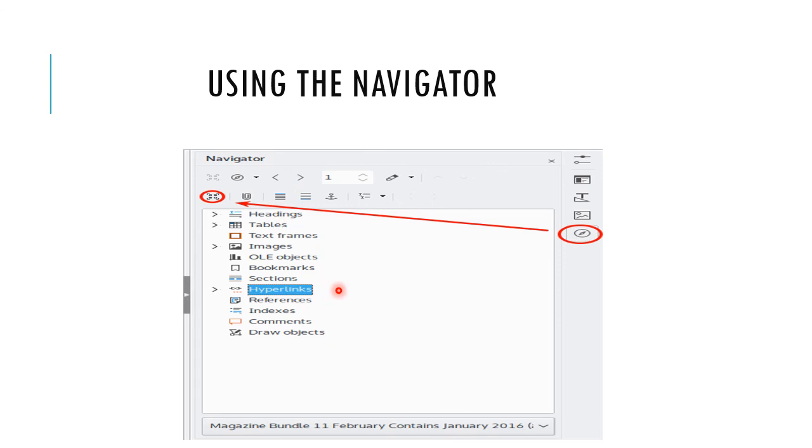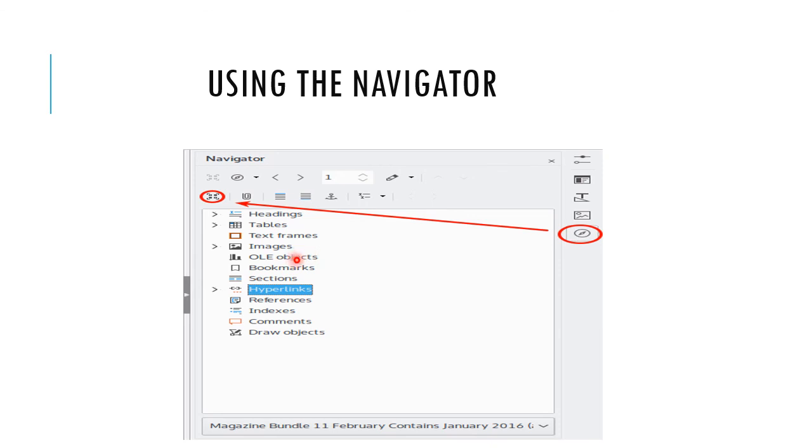So in the default installation of Vibe Office, the navigator is a part of the sidebar. It lists all the headings. See, listen, see this one, heading. It lists all the headings, tables, text frames, images, OLE objects.